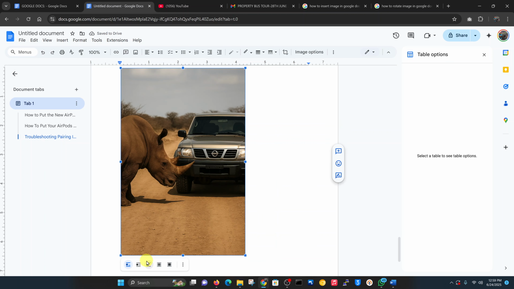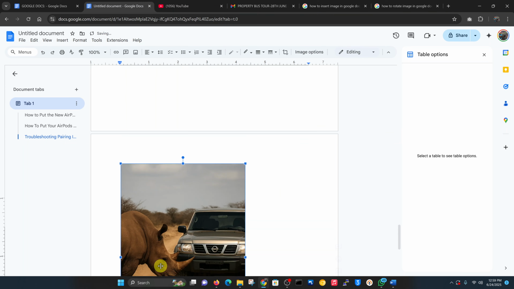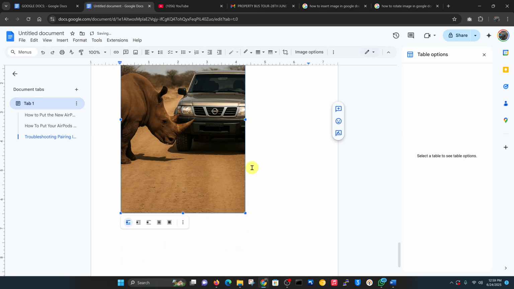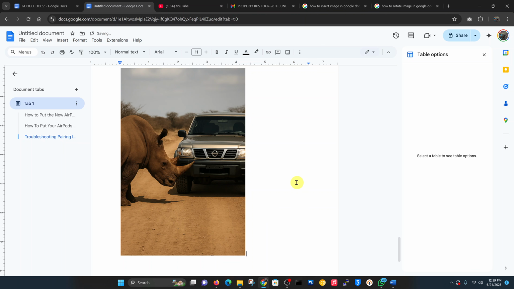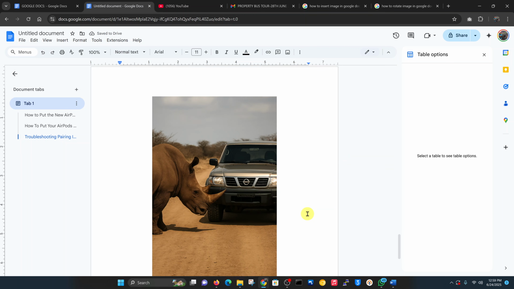All right, let me just center it like that. Beg your pardon, let me just undo that. I'm just gonna push it to the center. Just like that. Okay, so that is basically how to add an image or how to insert an image inside